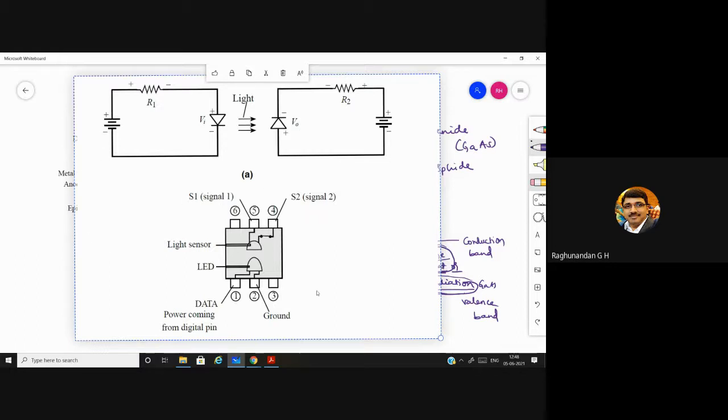Usually the photocoupler comes in the form of a 6-pin IC, which we will be using in computers and wherever we require it. These photocouplers are going to do both tasks, receiving as well as sending the signal. So in the photocoupler, as I told,